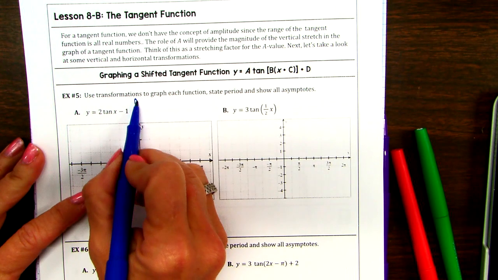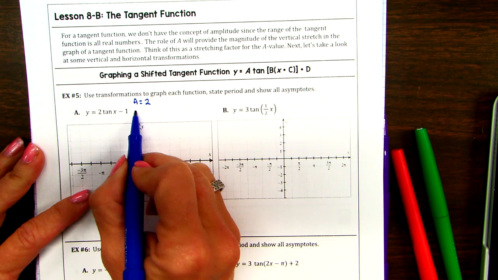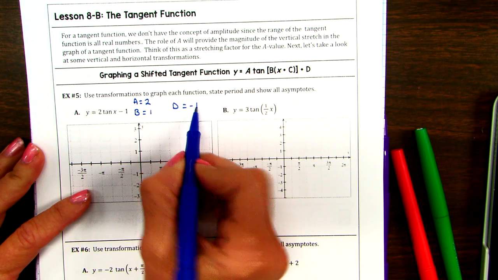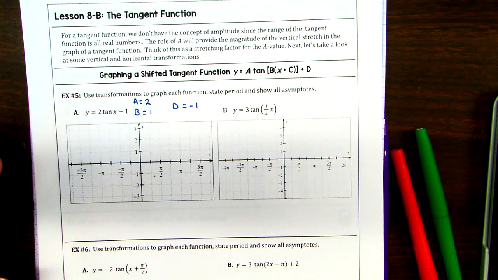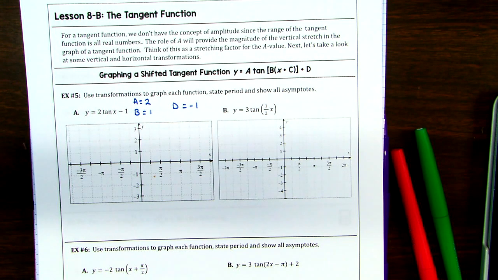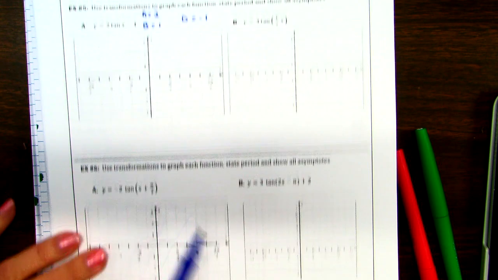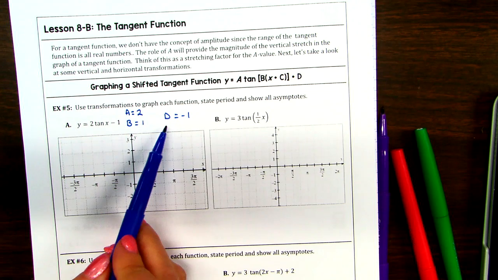My method is I like to identify all the variables first. And so A, of course, is 2. B is the number in front of X. C we haven't met yet, but C is coming up with X. We'll see C in a minute. If you want to take a look down here, that's where C would be, okay? We don't have one in this one. And D is the number all the way to the right, and it's going to take our graph down 1,